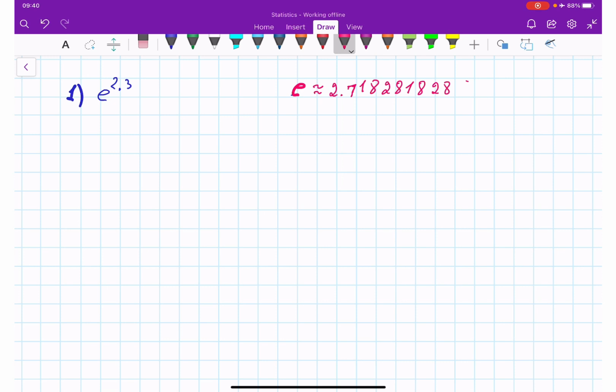You click the button E, and then you choose the button X to power Y. X will automatically be taken as E, and after that you click 2.3, which will take your Y to 2.3, and it will be e to power 2.3. The result should be approximately